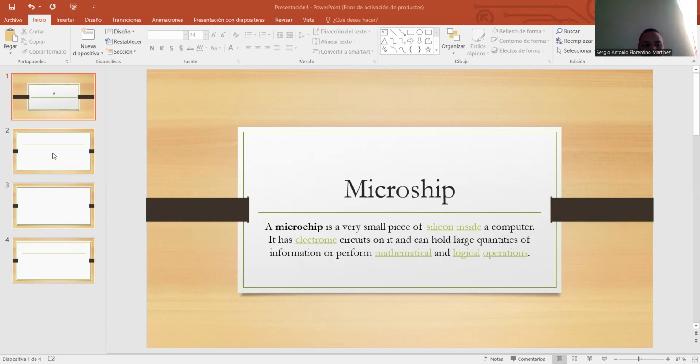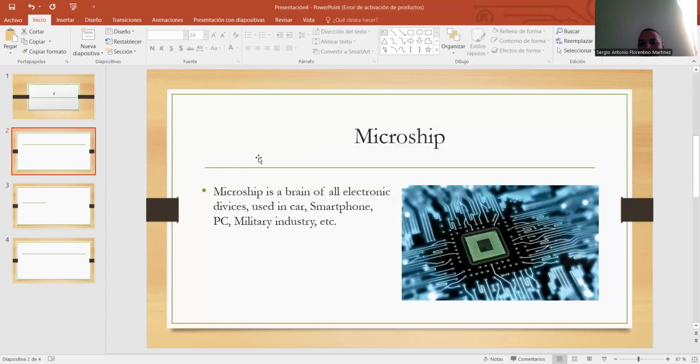Let me continue. The microchip is very important for the electronic industry because it's the prime component of all electronic devices used in cars, smartphones, PCs, the military industry, and other electronic devices, right? So